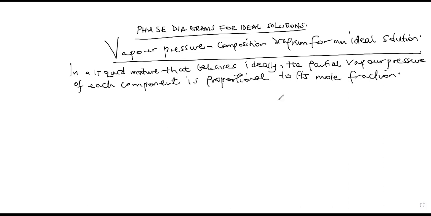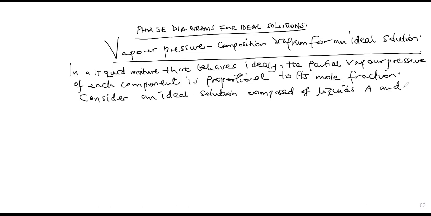So I'm going to explain much about that. We're going to consider an ideal solution which is composed of liquids A and B. Now, we are saying that in a liquid mixture that behaves ideally, the partial vapor pressure of each component is proportional to its mole fraction. So if we consider an ideal solution of liquids A and B,